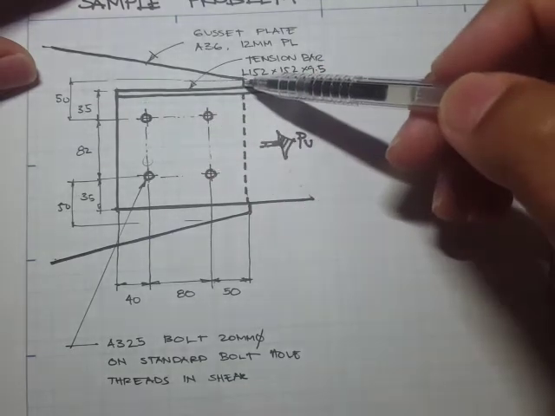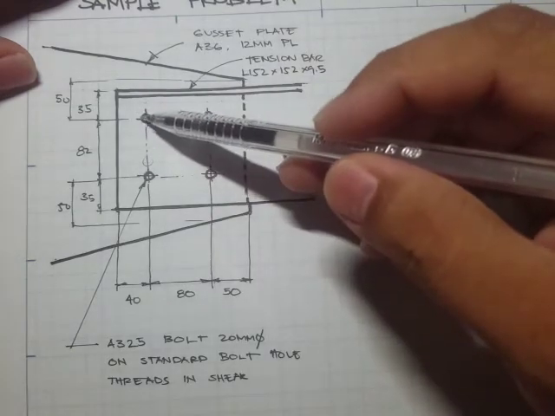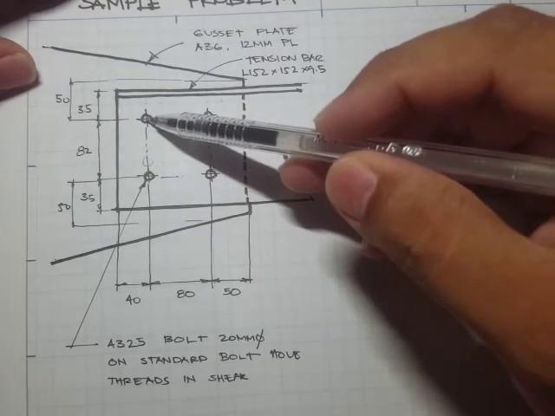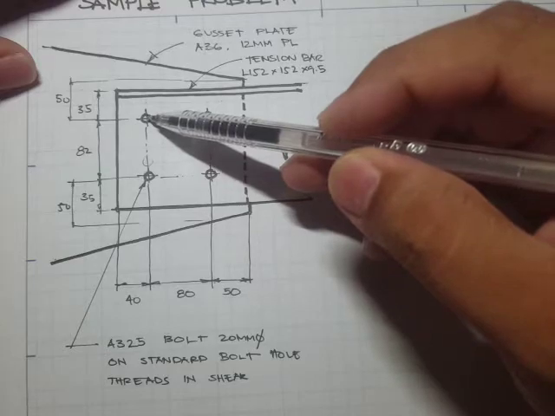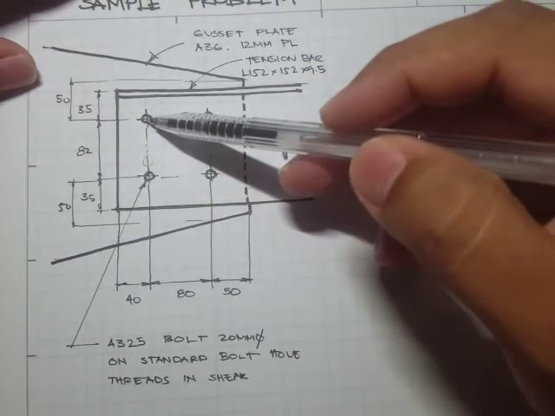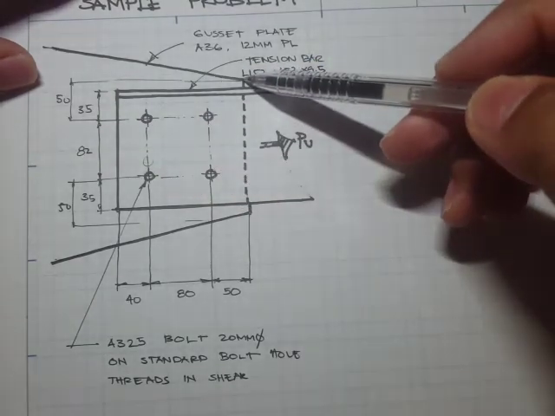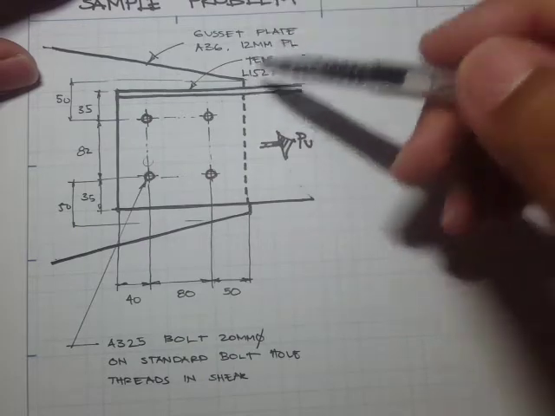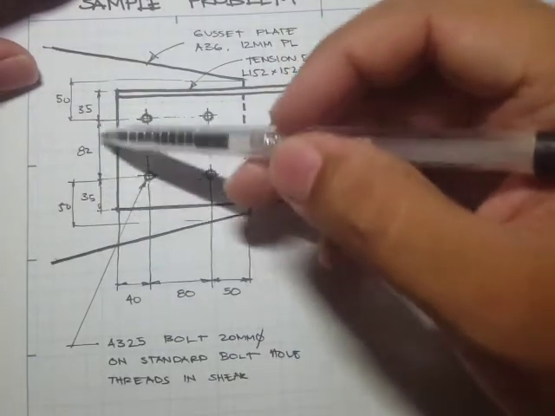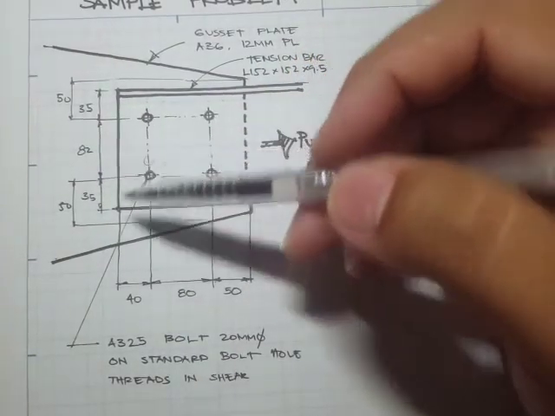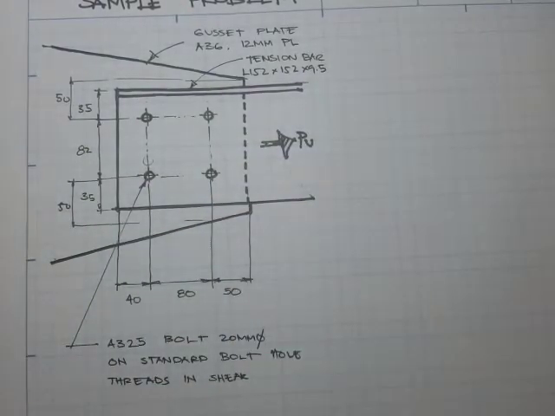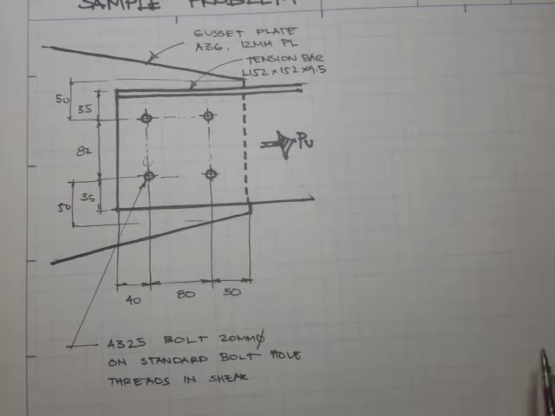With respect to the gusset plate, we have this distance 50 from this center to the edge of the gusset plate, and the center distance here is just 82. Okay, so the first step to do in an analysis type of problem is